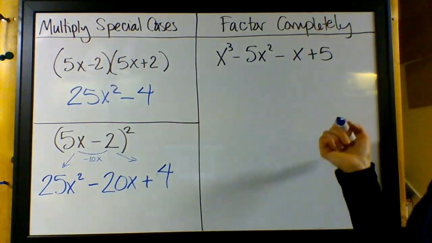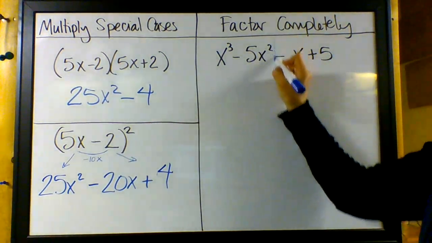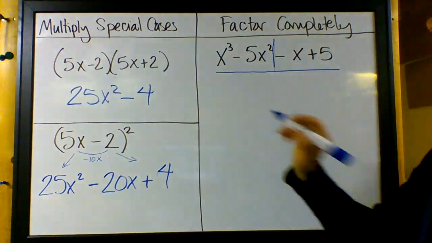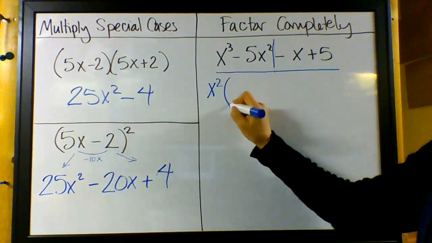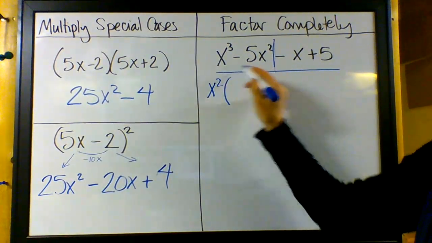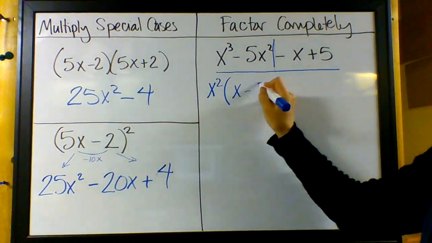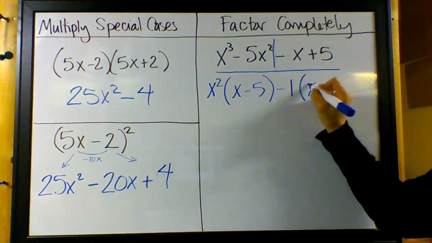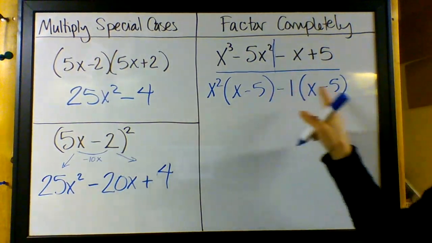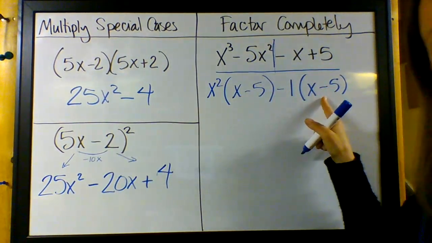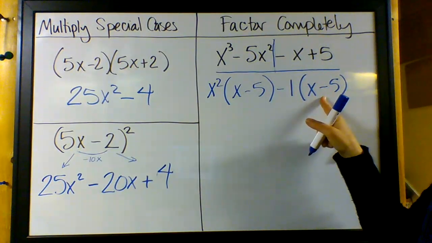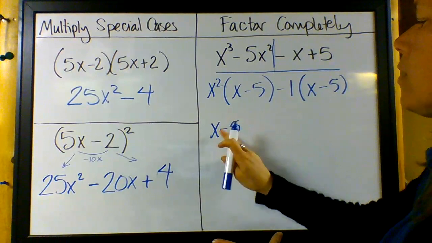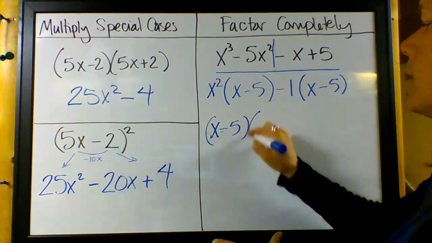Let's take a look at this one. This is four terms. I'm going to factor by grouping, right? I'm going to sort of split it up there. I've got x squared as my GCF, so I'm going to do GCF on the left, x minus 5. GCF on the right seems to be negative 1. I've got x minus 5. Remember, I'm looking for the same two binomials here. So let's see, I'm going to pull this out front, x minus 5, times